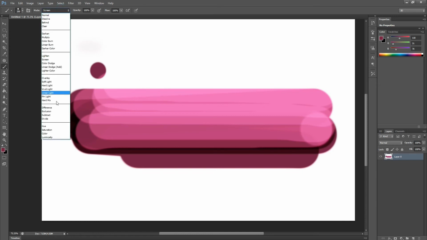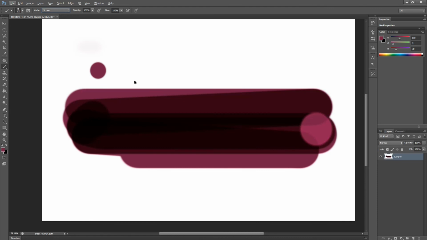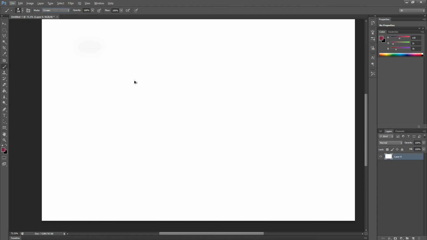Each and every mode does something different, so they need to be explored. We press Control Alt Z to clear this and move to another option.